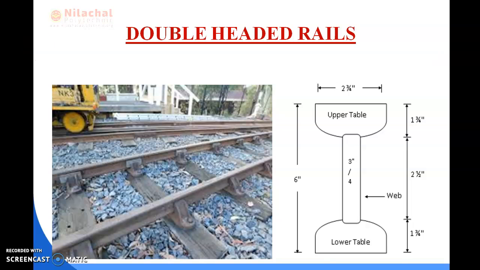So this is your picture. All of you see here, this is the top portion, this is the bottom portion. The total dimension is here. This is the web, and the top portion is 70 mm and the bottom portion is also the same dimension, 70 mm. This distance is 44 mm. This width is the 19 mm web portion, and this height is 64 mm. From here to here this distance is 44 mm, and the total height is 152 mm.